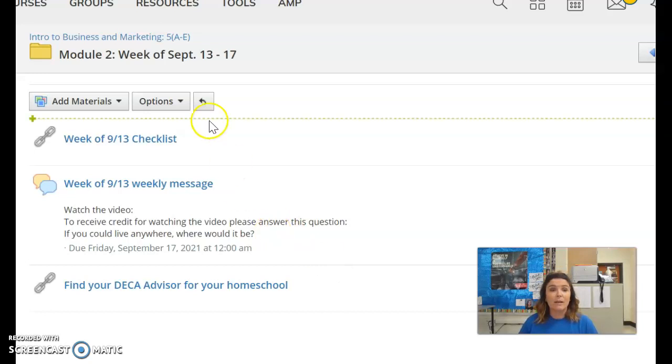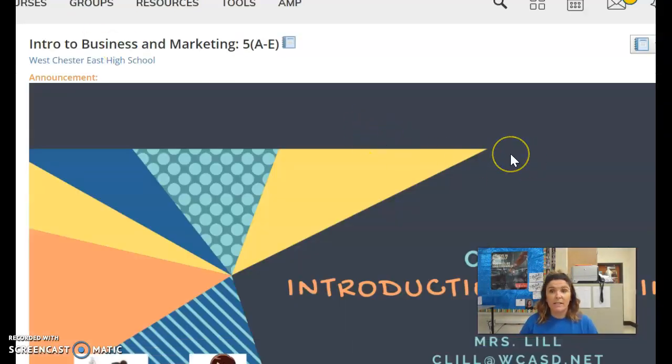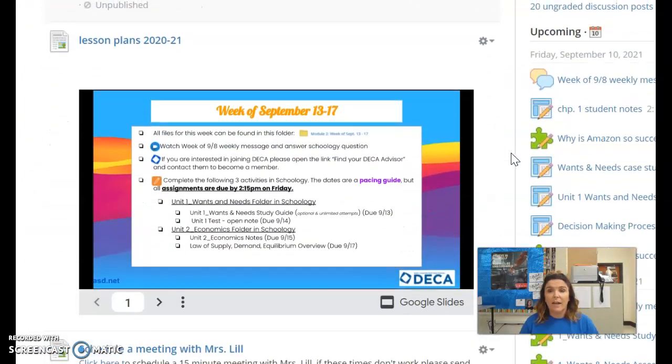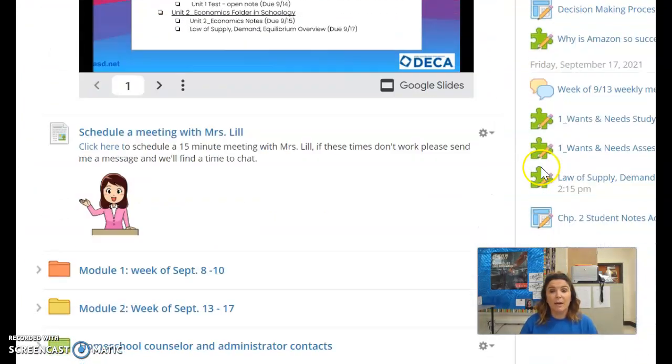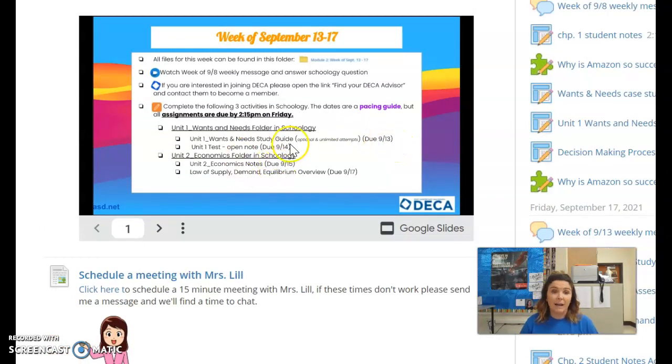When you look at this week, underneath your checklist, it's going to let you know where you're going to be able to find your different assignments. So you can do it that way, or of course, you can also just come right to your login for this class, scroll down a little bit, and underneath of upcoming, you should be able to see what's coming up for you the following week. I'm going to provide you with a pacing guide right here with suggested things, but your final due date will be 2/15 on Friday every single week.